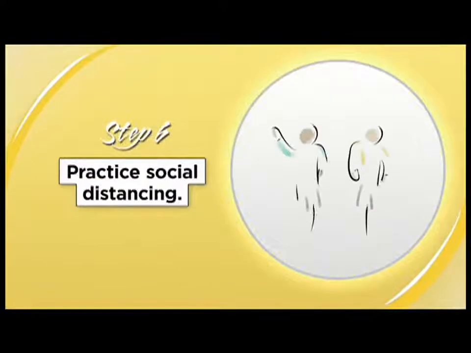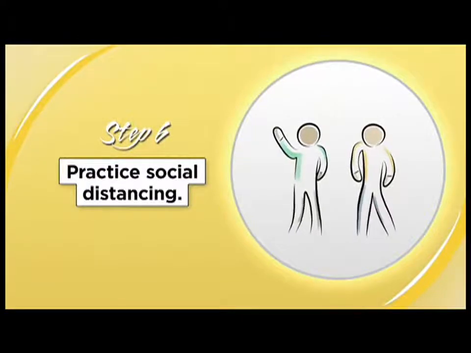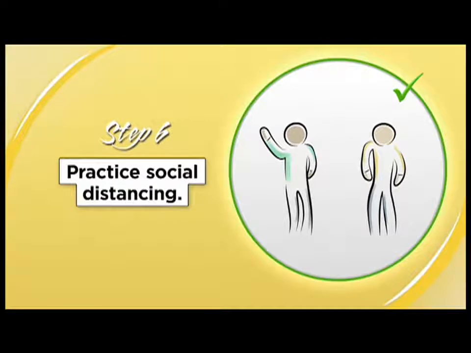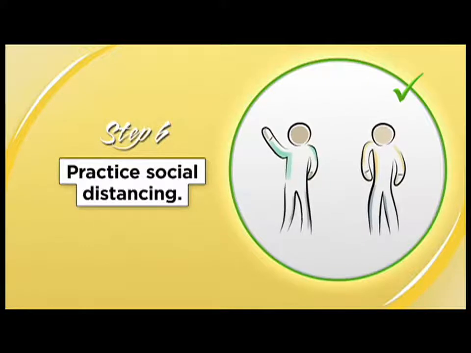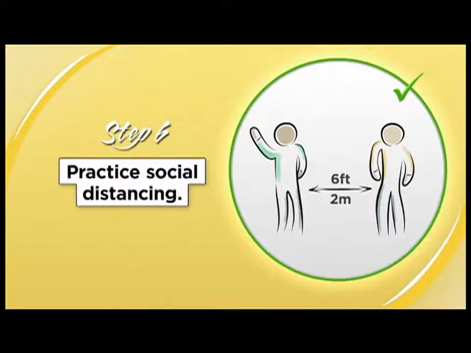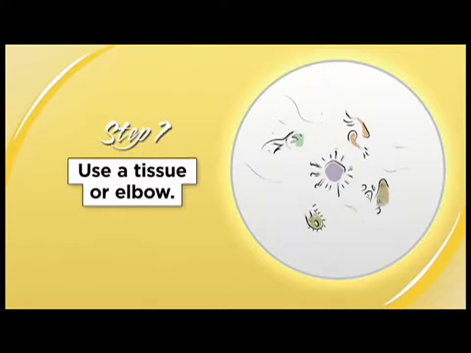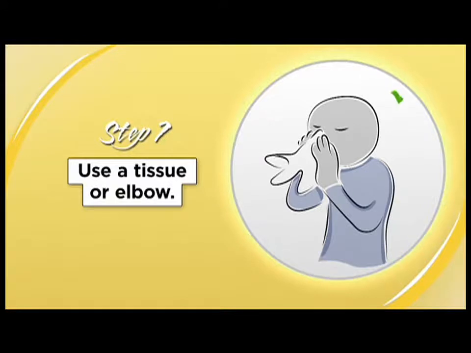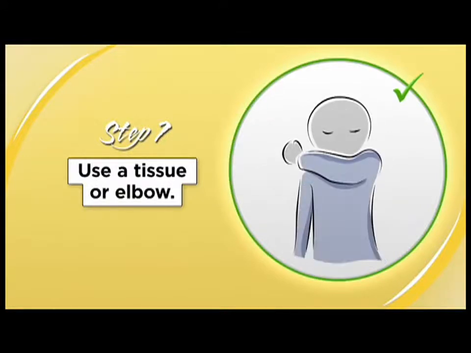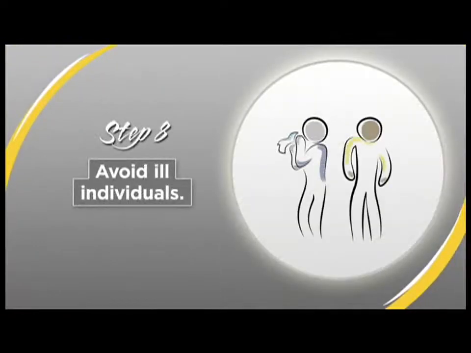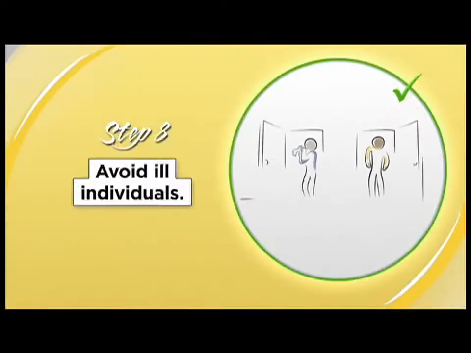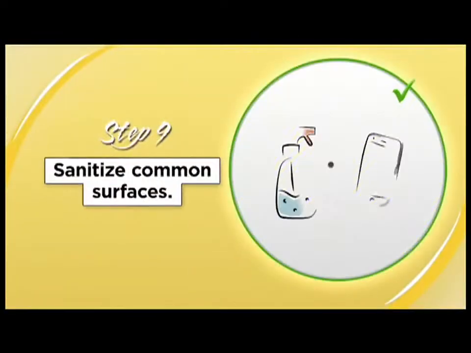Social distancing is deliberately increasing the physical space between people to avoid spreading germs. While regulations may vary by country or area, the best guideline for social distancing is to maintain a distance of 6 feet from others. Germs can travel through the air from one person to another. If you sneeze or cough, do so into a tissue or the inside of your elbow to prevent the spread of germs. Avoid contact with ill individuals and insist they isolate themselves until they have recovered and are symptom-free. Clean and sanitize frequently touched common